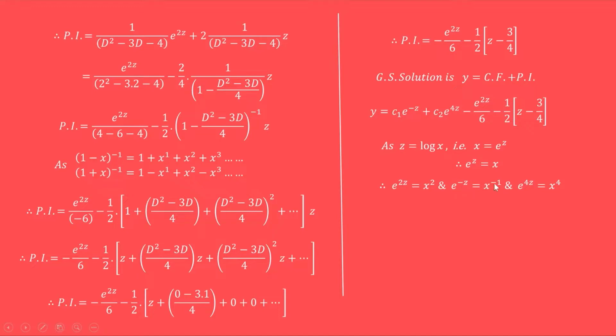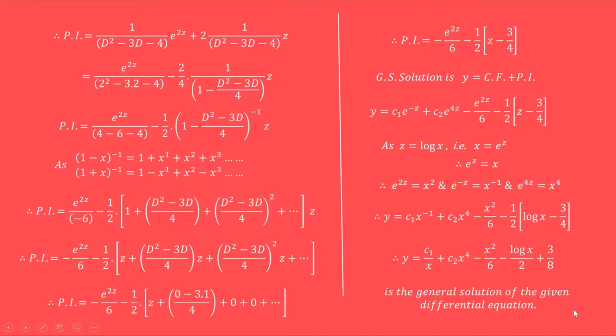e raised to minus z is equal to x raised to minus 1, and e raised to 4z is x raised to 4. Put all these values in this equation, and so we get y is equal to c1 x raised to minus 1 plus c2 x raised to 4 minus x square upon 6 minus 1 upon 2 log of x minus 3 by 4. Now here we observe that this is a relation between x, y and constants. So this represents the general solution of the given